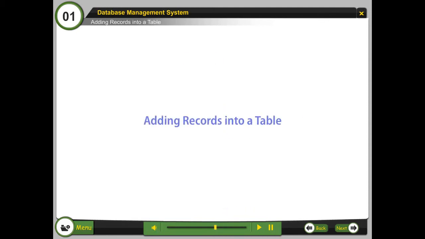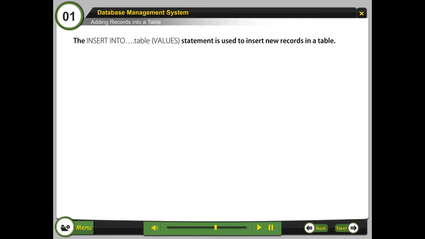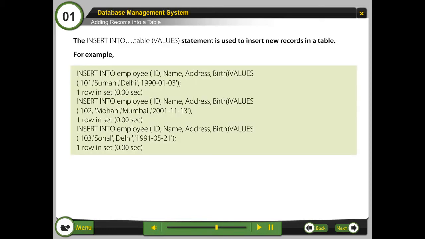Adding records into a table. The insert into table values statement is used to insert new records in a table. For example,